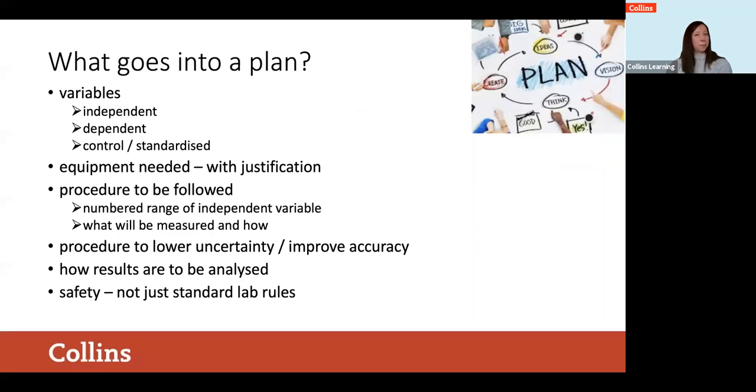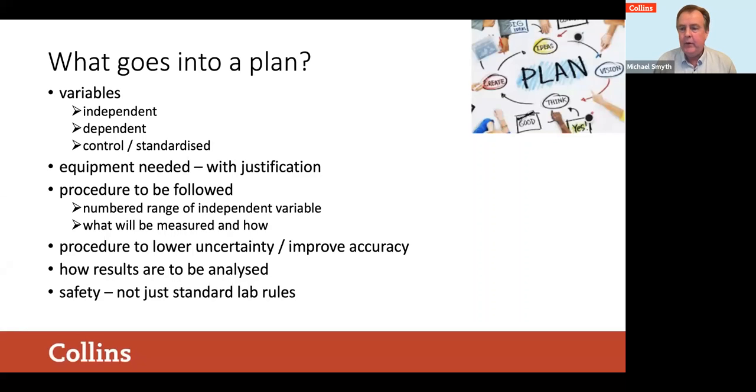Okay, so I've summarized here what I would like to see and what Cambridge like to see in an A-level plan as well. You're correct in identifying the variables. That's absolutely key. And it may surprise you to know, or maybe not if you've a lot of classroom experience, that some students, even at A-level, can get independent and dependent variables mixed up. One of the reasons for that is how they're explained sometimes. You might have your own way of doing it, but when I was teaching, I found the easiest way to do this is to say, what depends on what?